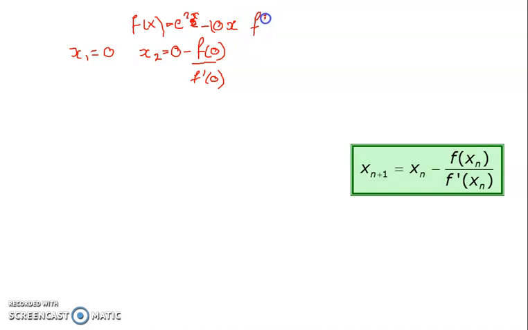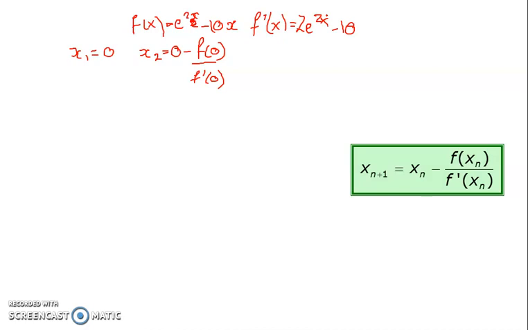And f dash then was equal to 2e to the 2x minus 10. Now if I chuck those numbers in then, I'm going to start off with 0 equals, because I'm going to do this rather than an iterative sequence, and then answer minus fraction button, and it's e to the 2 times the answer